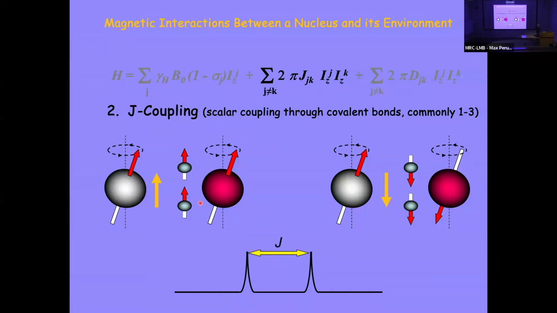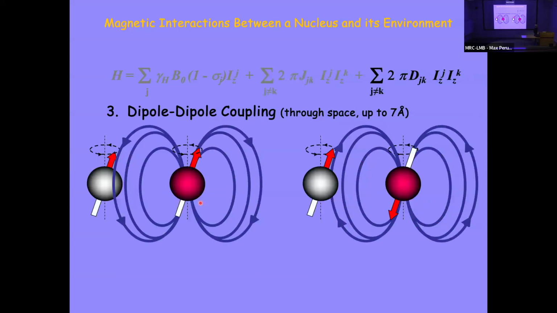It's dependent upon the magnetic field strength of these, and it's invariant, it doesn't depend on what field strength of spectrometer you put in. Referred to as the J coupling constant. And the third